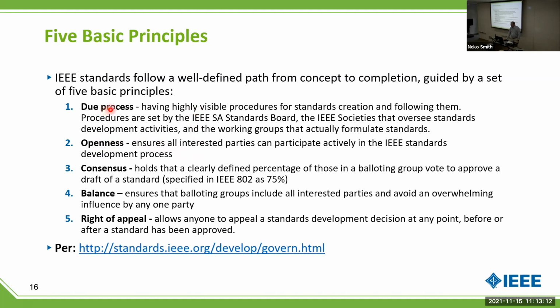We have due process. It's very rigorously specified how you're going to be coming, how you conclude your deliberations. And basically it's consensus driven. That means you have to get more than 75% of the voting members to agree on a particular approach. Normally in 802, we achieve well over 90%, but it's a very well-defined process by which you achieve consensus. And if you don't achieve consensus, you may just terminate a project because people can't agree on a particular technique,